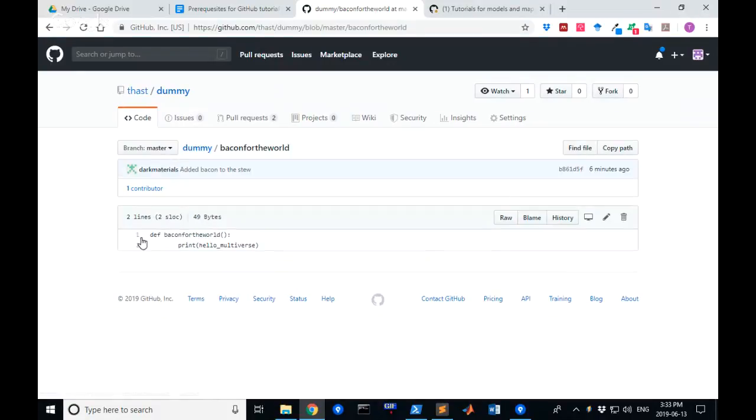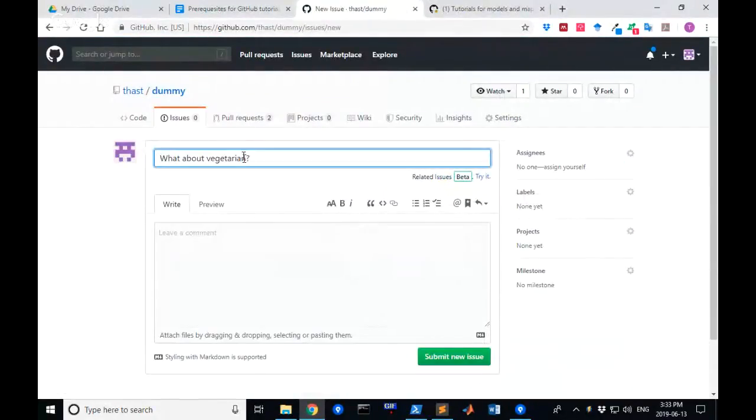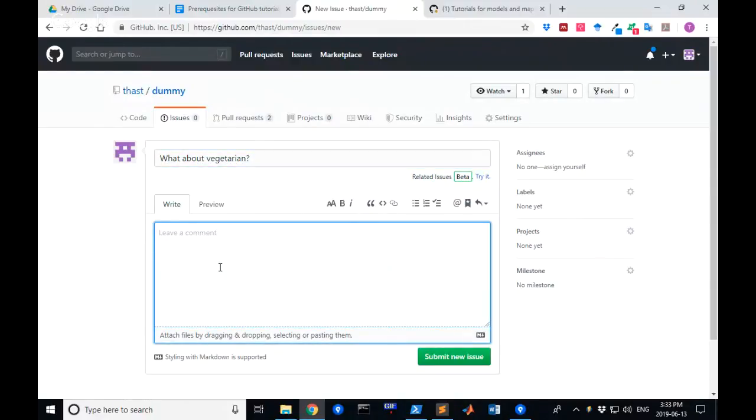For example, if I go here, I can click on line 1 and copy the permalink. So it's copying a link. Okay, so I'm going to go back to issue, create a new issue. Perfect. It says what I wanted, and I refer to this line,